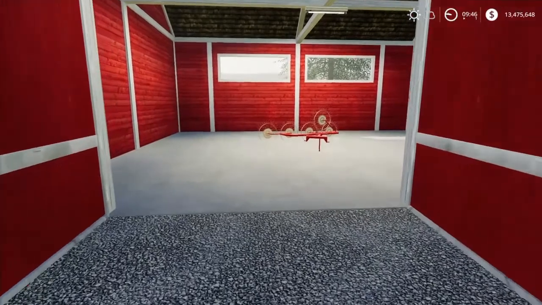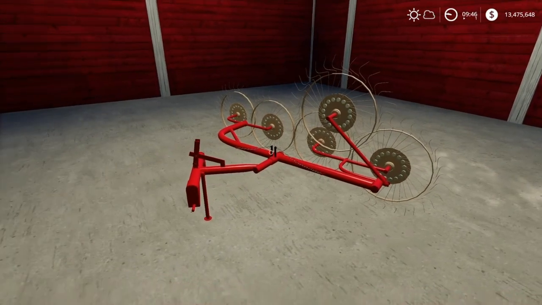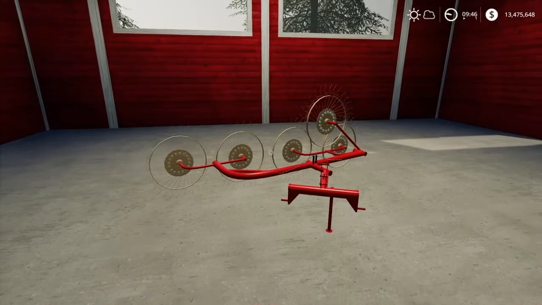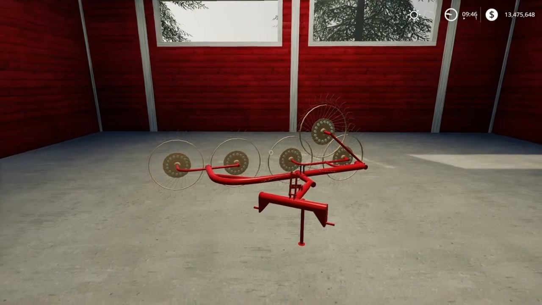Alright, this is the Lizard Z-510. This is a windrower, a small windrower, and it's also cheap as chips. But this is a base price of either $1,000 or $1,500, and your first one is 3 slots. So we'll look at